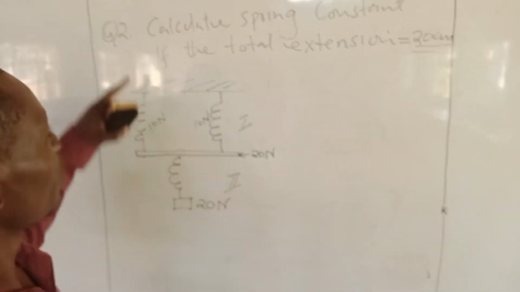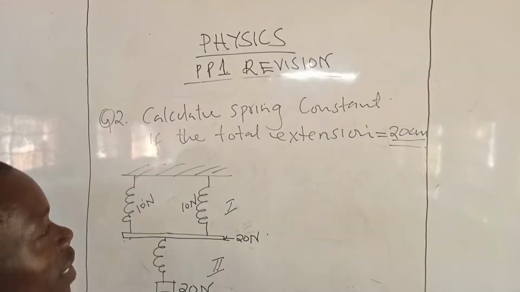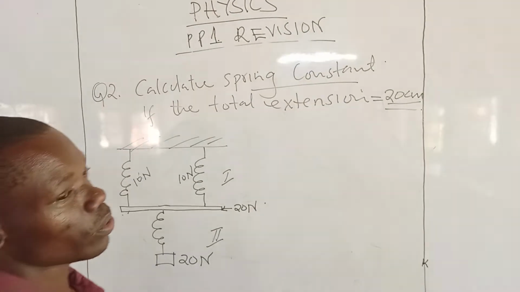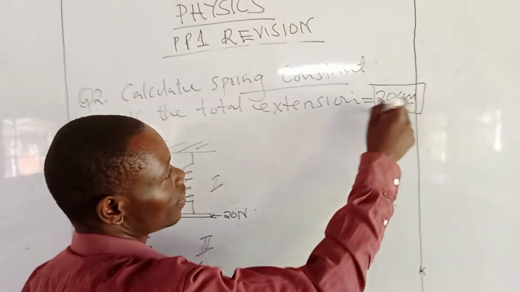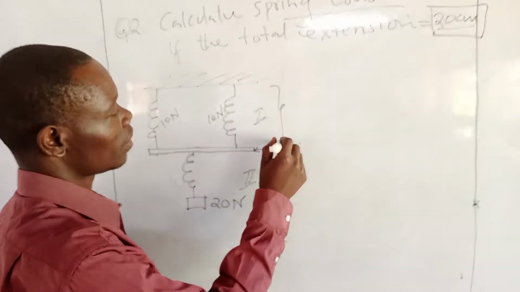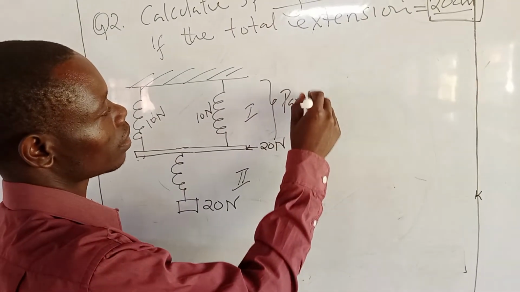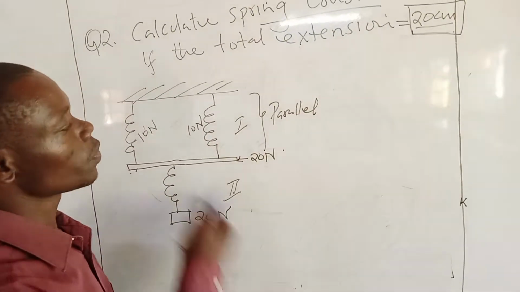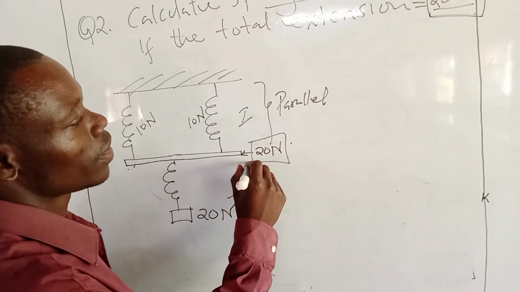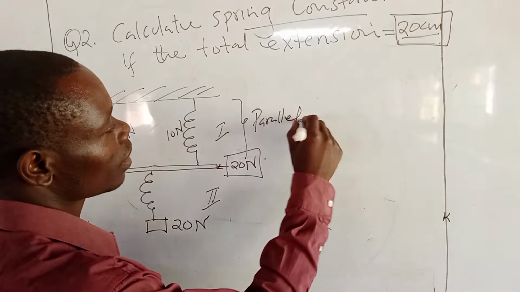Okay, the question is asking, calculate the spring constant if the total extension is given as 20 centimeters. Now, we have two springs here that are in parallel. When two springs are in parallel and they support a weight of 20 Newton, this means that they share